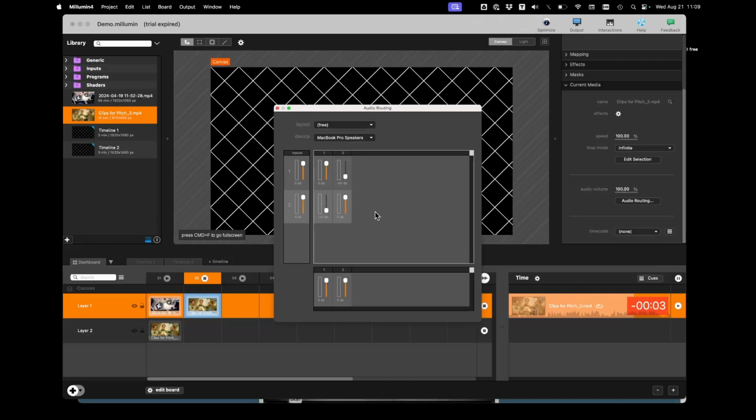So that's a brief overview of what you can do here. There's a lot more you can do with audio routing that's really cool. But if you're not getting audio out where you think it should, then that's the thing to look at. And this is clip by clip. If you want to make sure that everything is working